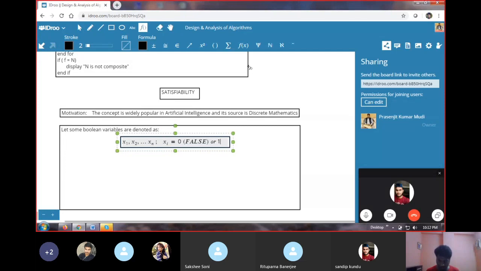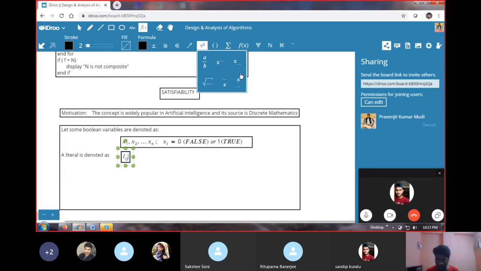A literal is denoted with suffix ij, which may be equal to xi,